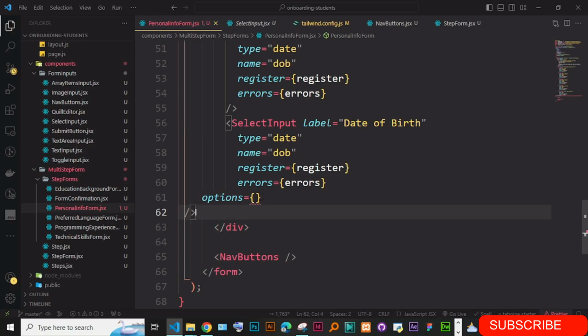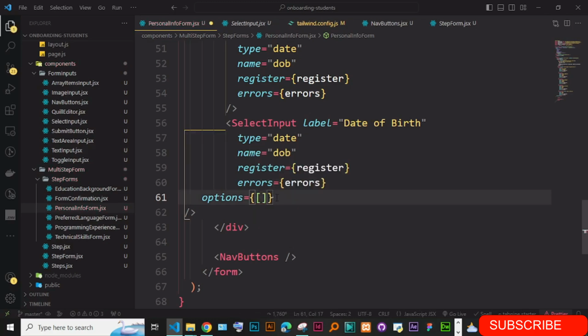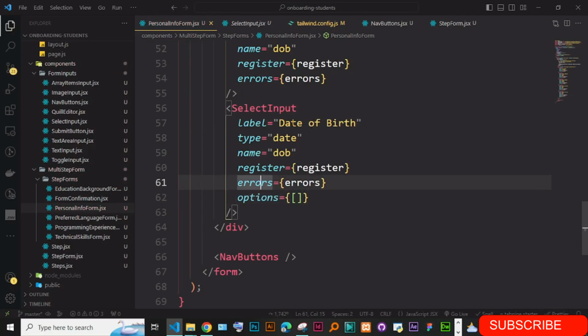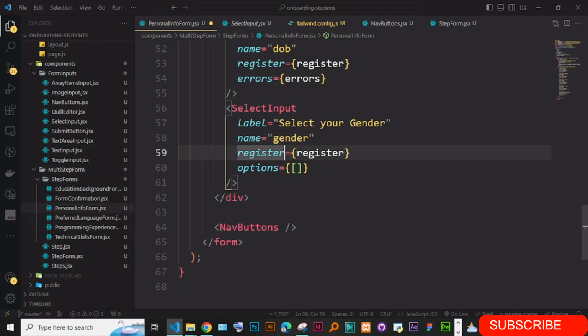Okay, and let me pass in an empty array here right now, just like that. Yep, so now we have this, and here the label is going to be "select your gender". Okay, and remove the type. The name is gender. Register, and the errors, there are no errors. Okay, so I think this is it. And if you check in the options,